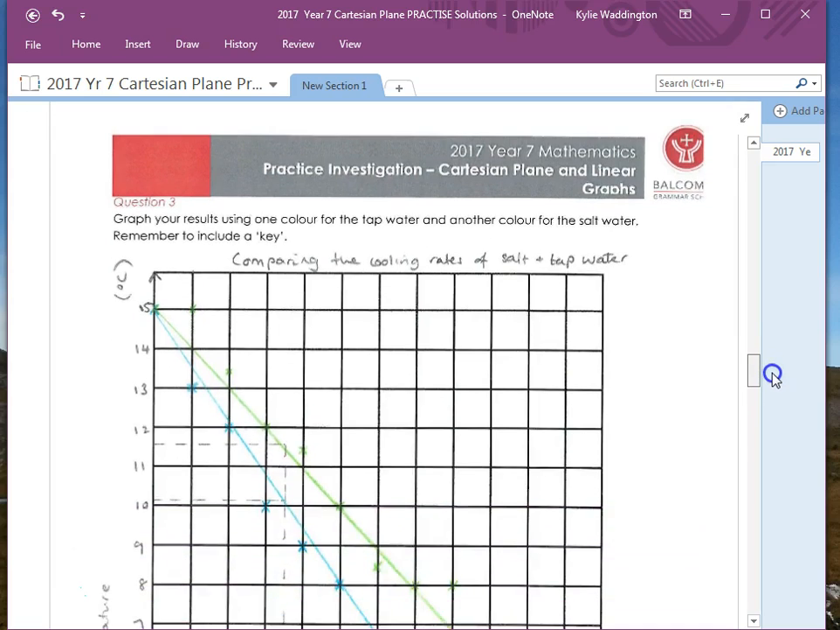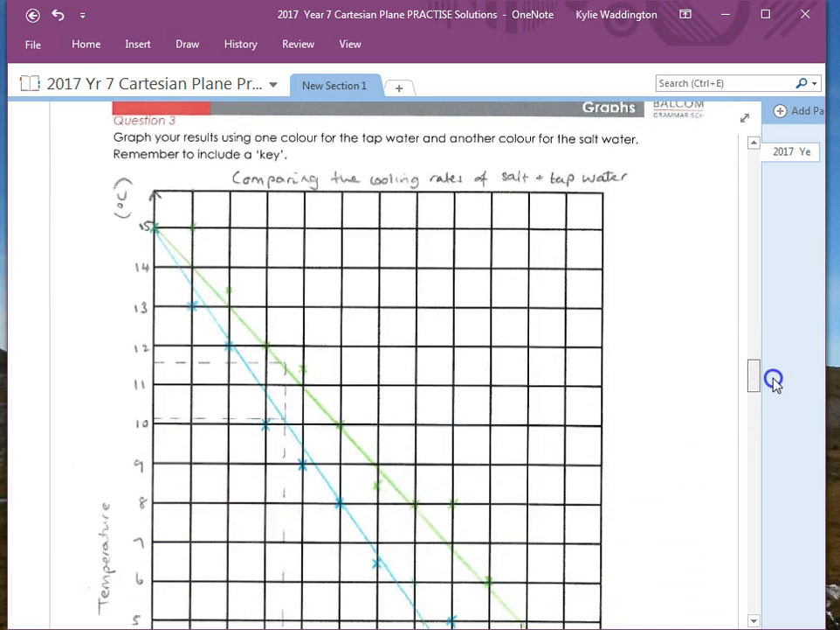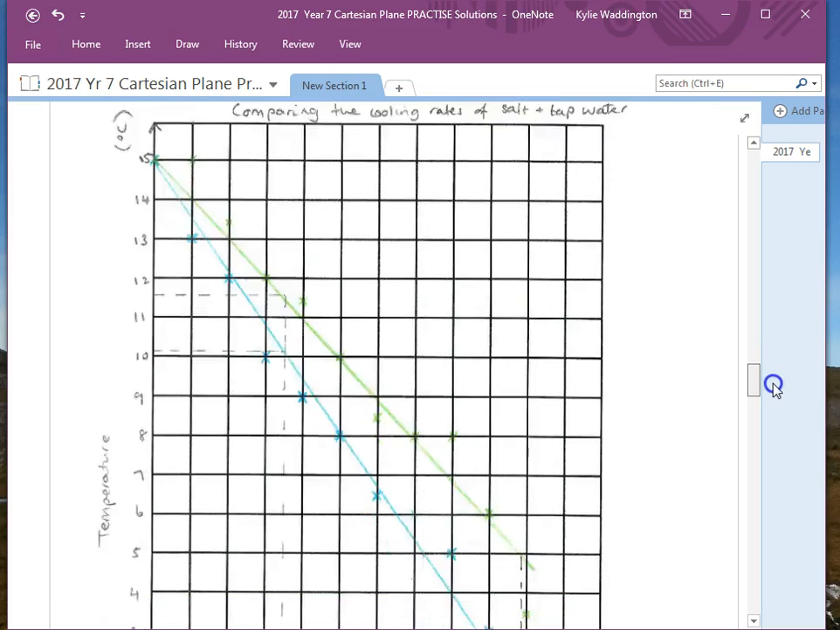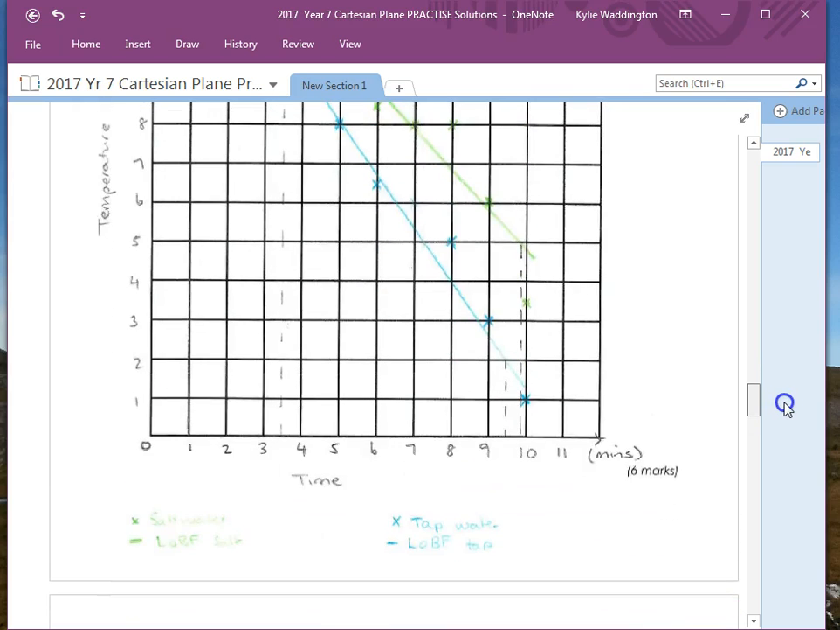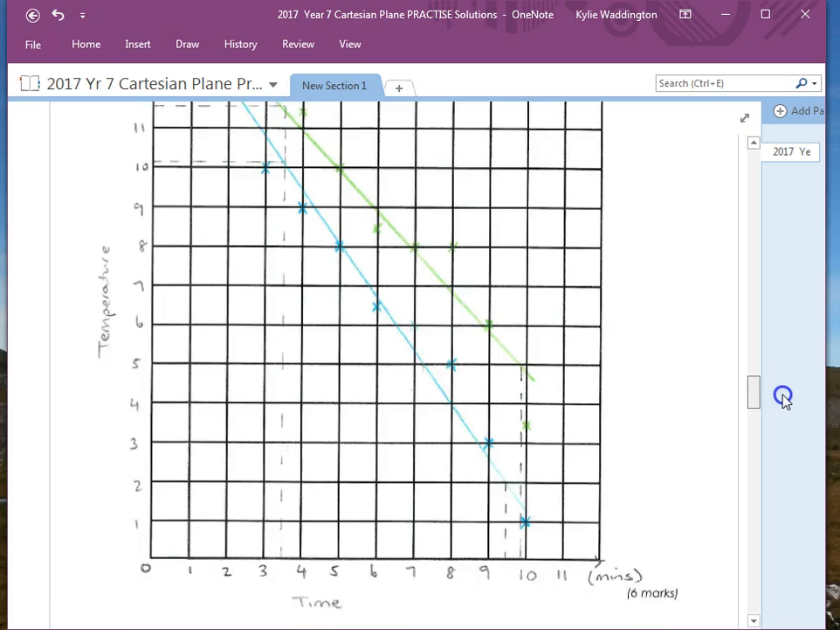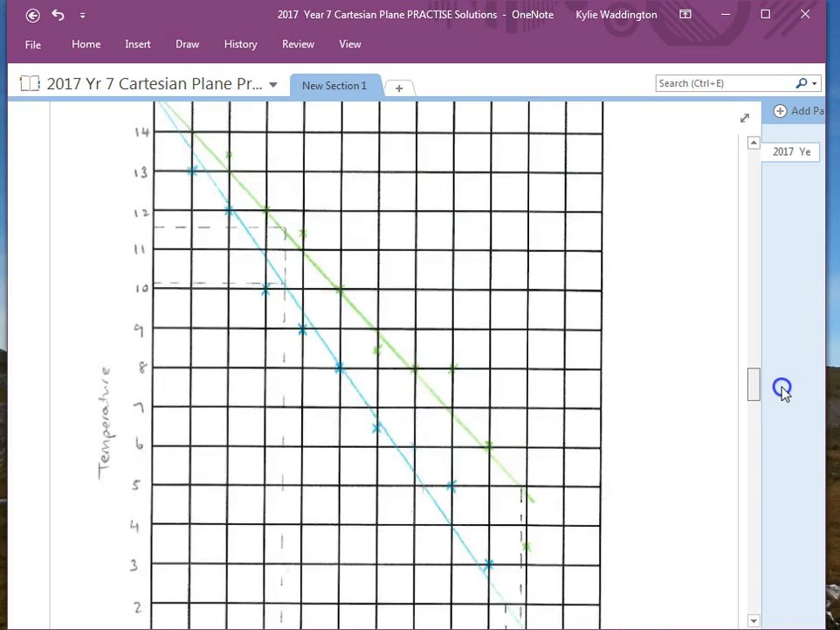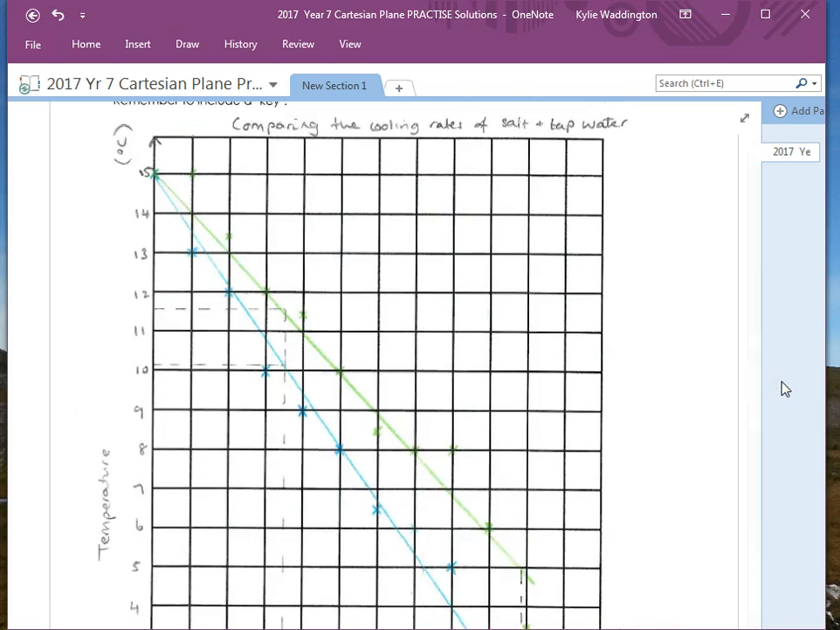The next step, or the next question, was to graph your results. And because we were putting two different graphs on the same page, we needed to use a key. So what I've done is I've used green for the salt water and blue for the tap water. Really important things to note when you're drawing a graph. Firstly, we've got our title, we've got our units, our label,